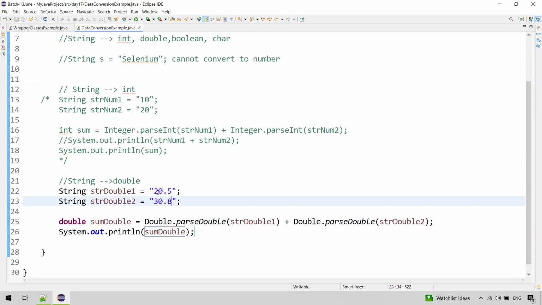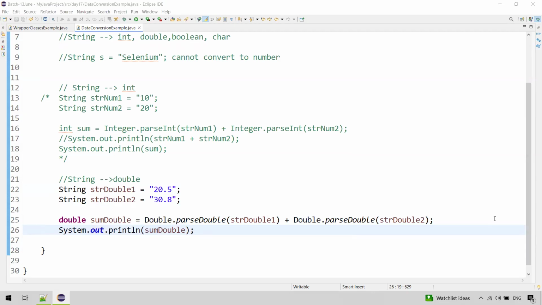So we need to convert these to double values first, right? So this being stored as a string, we need to convert it to double first. So we use a method called parseDouble, which is available in the class called Double, right? So this is how we can convert from string to double. All right. Now we will see how to convert from string to